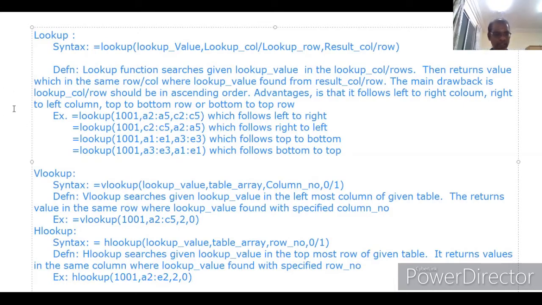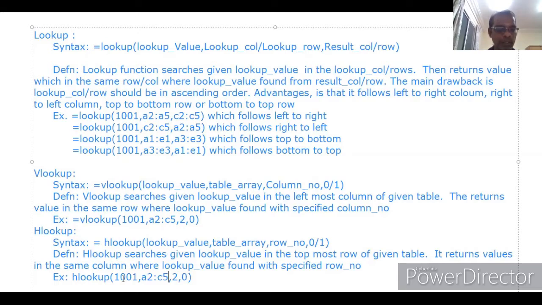So this 1001 is a lookup value. It is wrong, sorry, it should be C5. A2 to C5. 1001 is a lookup value. A2 colon C5 is a table range. 2 is the row number. 0 stands for exact match.